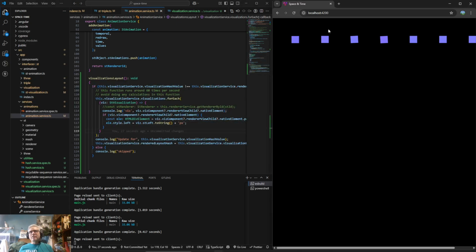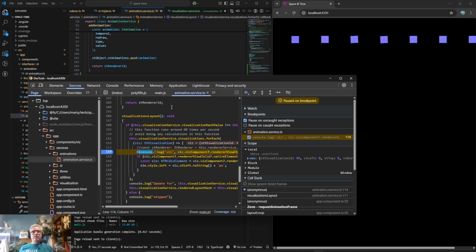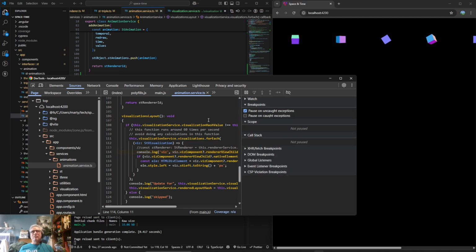So it looks like it's stuck too. Let's see. Oh, look, it worked. So now we are 200 apart apiece, and this one should have gone to the next line, but it definitely worked.